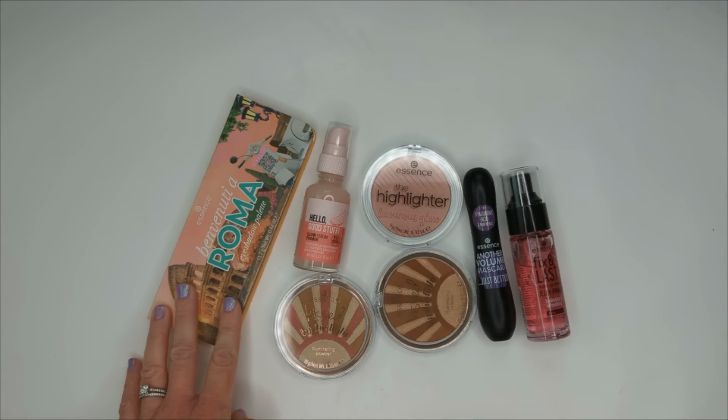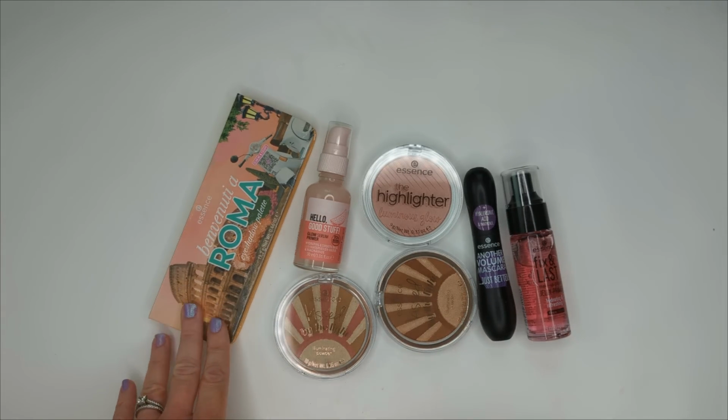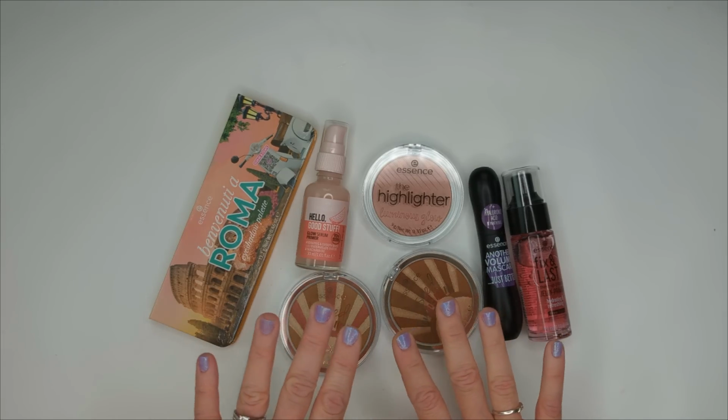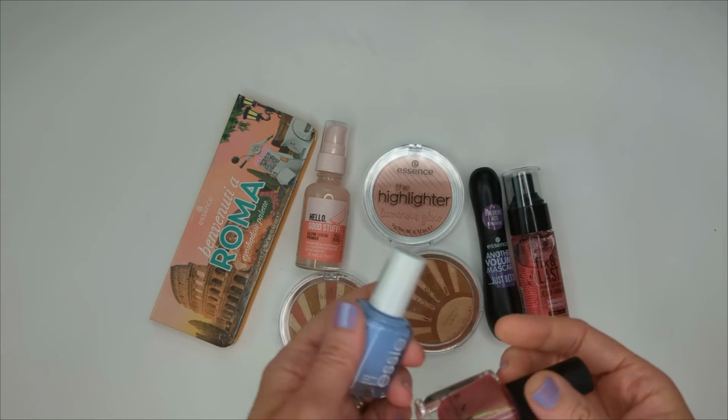Hey guys, it's Monday and I just got my Essence order in the mail. I saw last week that they had a ton of new products on their website. I wasn't able to get everything because some of them were already sold out, but now I also see that these are available at Ulta. They weren't before, but I think they just popped up on Sunday. So I definitely want to go through all these products and swatch everything just quickly